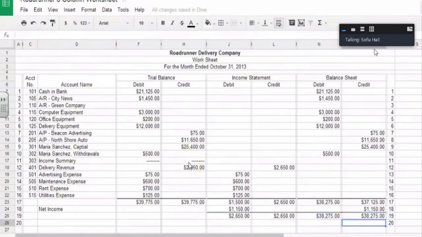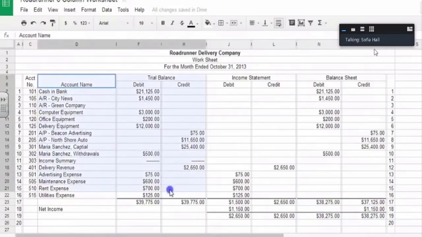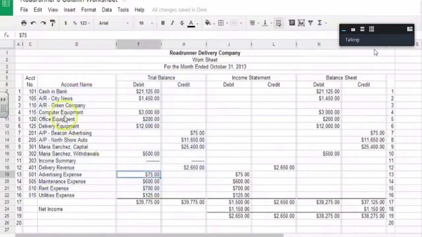So what we have done is we have used our trial balance, which we had already had before. Instead of having it on its own spreadsheet or its own section, we just added it into this 6-column worksheet. And what we did was we extended or transferred our assets, liabilities, and owner's equity over to our balance sheet, okay? Literally, it's a copy and paste. We're just extending those numbers over. And remember, these are our permanent accounts. So when you think of balance sheet, think of permanent accounts, okay?